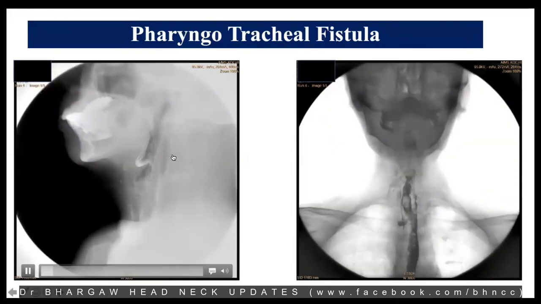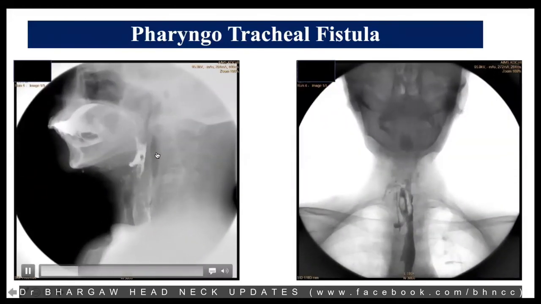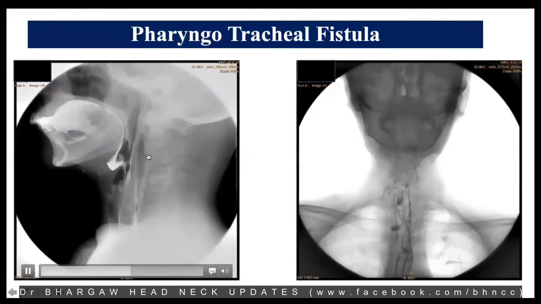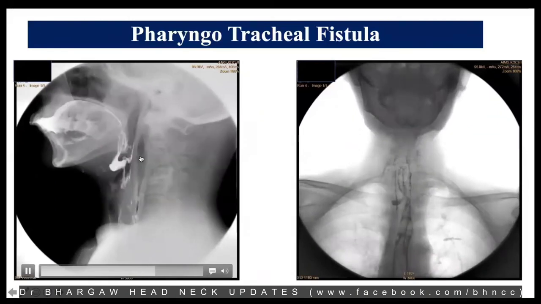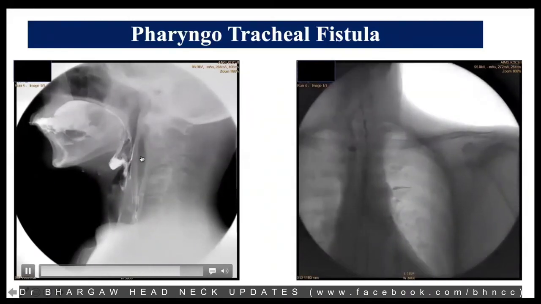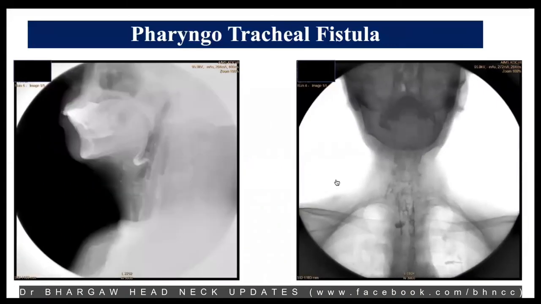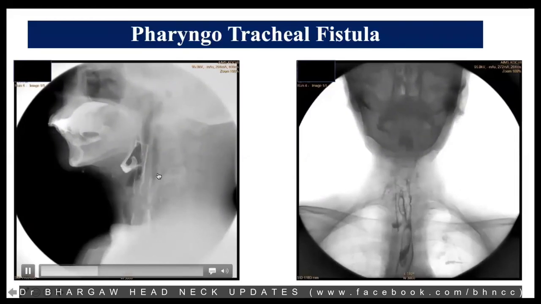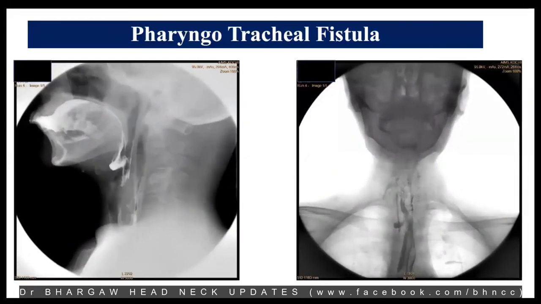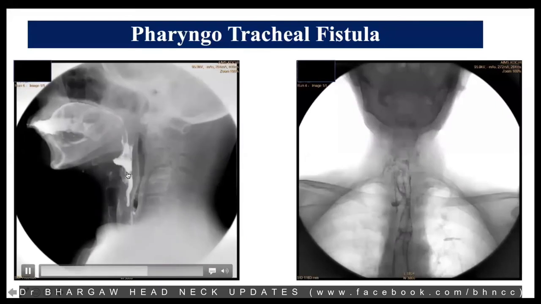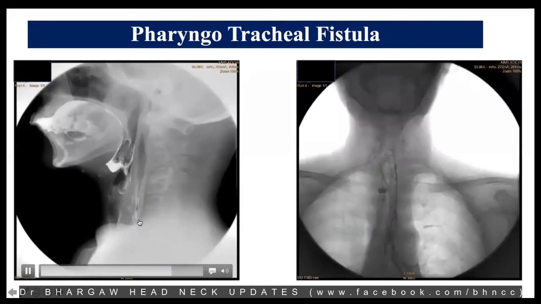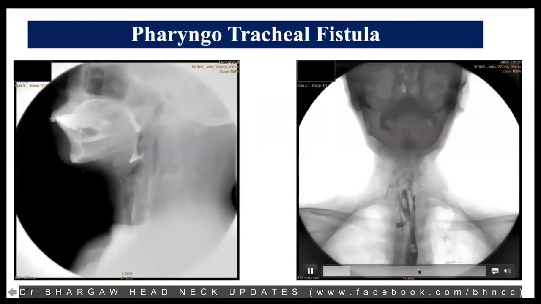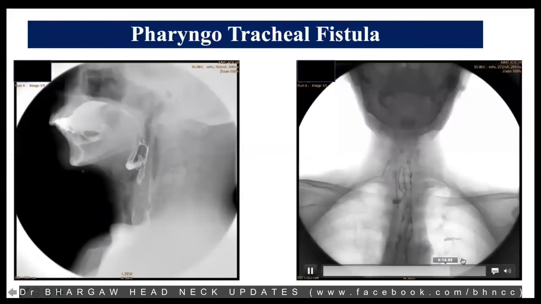And you can see she was tube dependent, tracheostomy tube and PEG tube dependent when we saw her. And we could also see the retropharyngeal space, but all the abscess had healed out, but she could not swallow. And on evaluation, we found that she had recurrent coughing whenever she had something. And we found that there was a tract going from the pharynx down the posterior pharyngeal wall and all the way into the trachea. You can see her aspirating into the lungs over here.